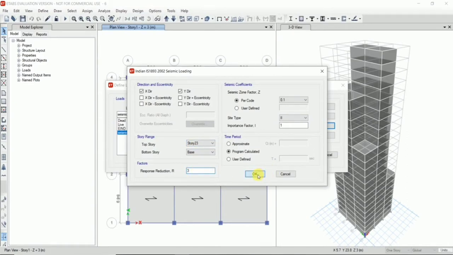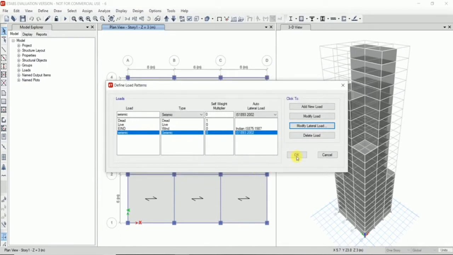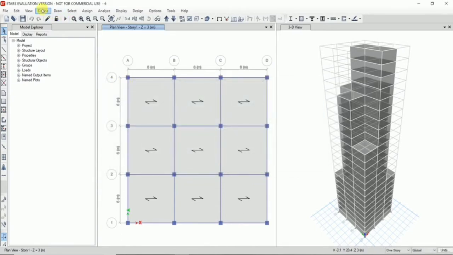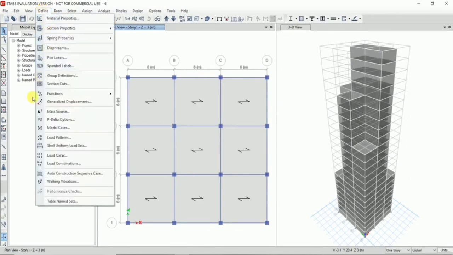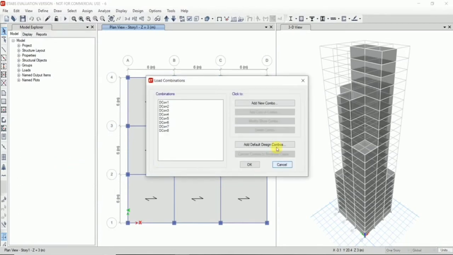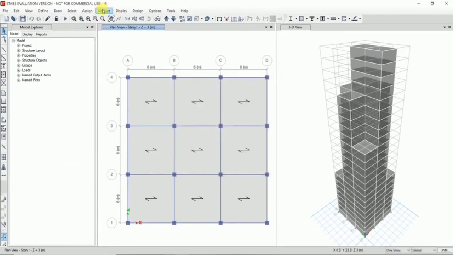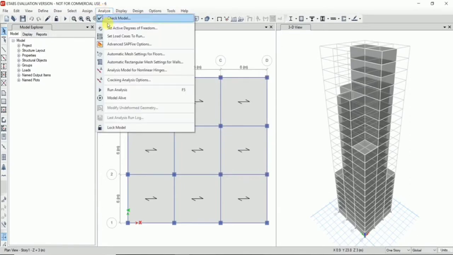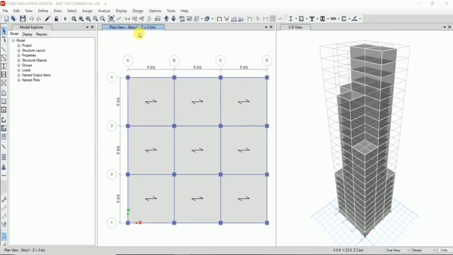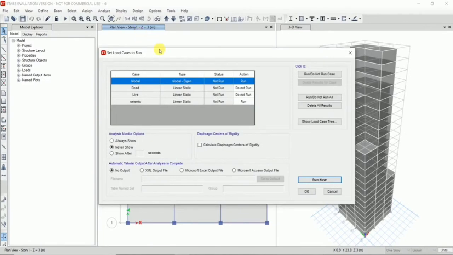Click on OK. We go to the define menu and select the load combination. The different load combinations that include dead, live and seismic loads are already defined. Now we go to the analyze menu and select the set load cases to run option to run a structural analysis.